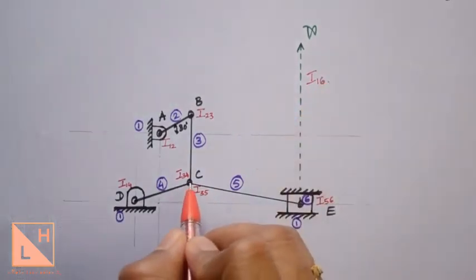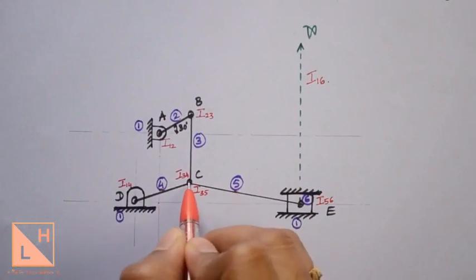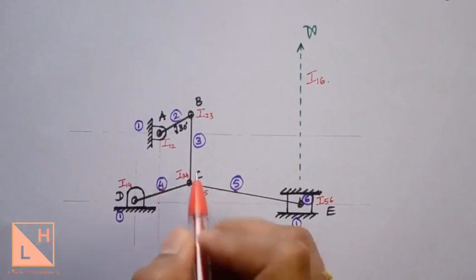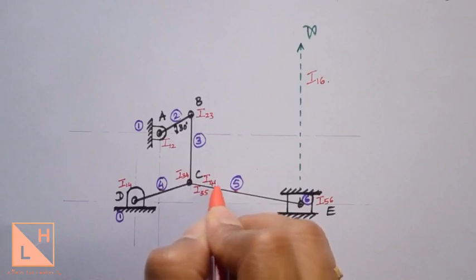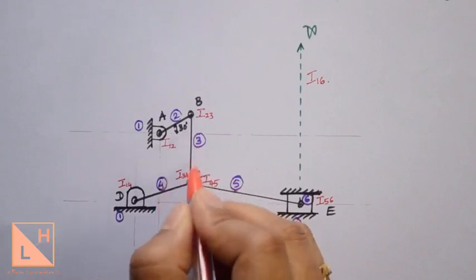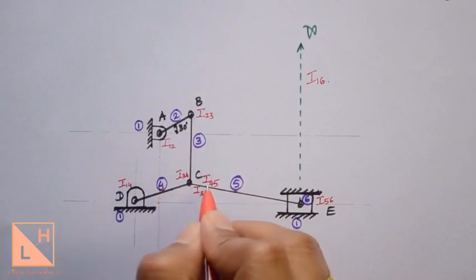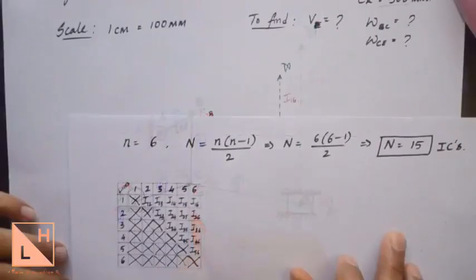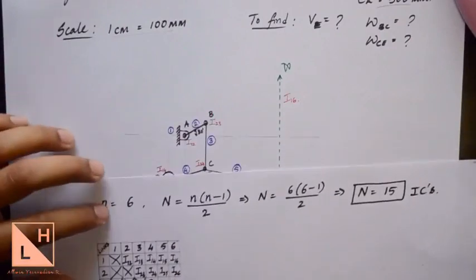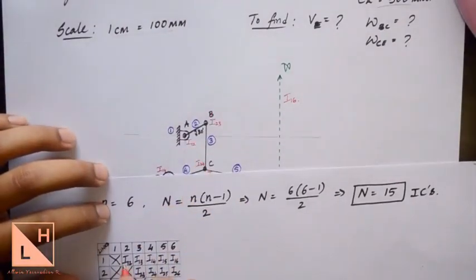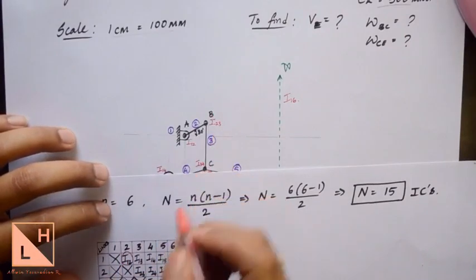At this point C, we also have the link between link number 4 and 5. So the same point will also represent the instantaneous center I45. This same point is common for 34, 35 and 45. So here we get another IC, I45. Let us mark the ICs that we obtained directly from the mechanism drawing. So the first one we got was I12, and then we got I23, I34,